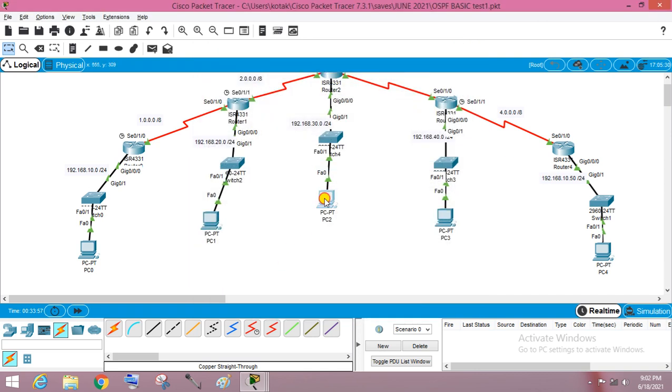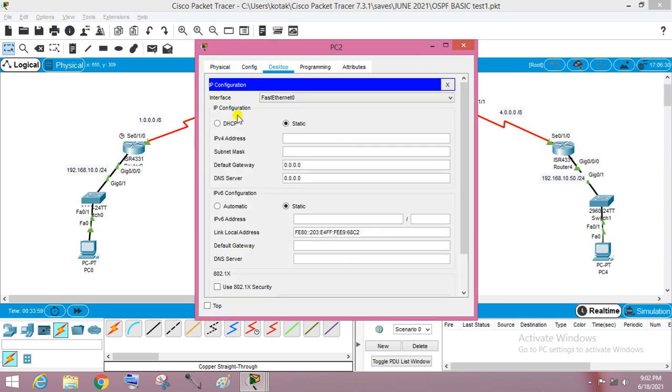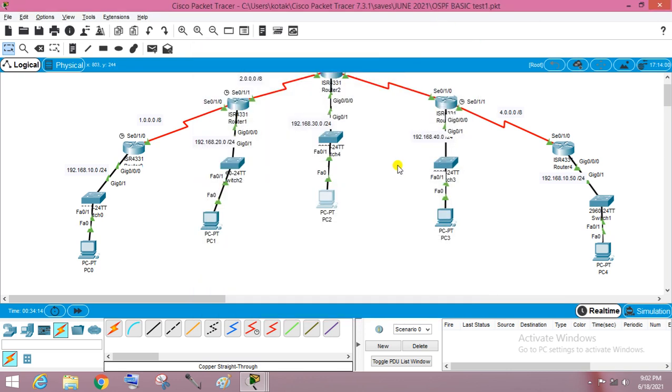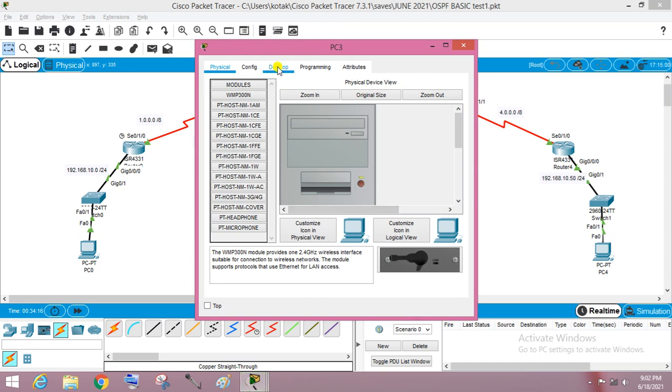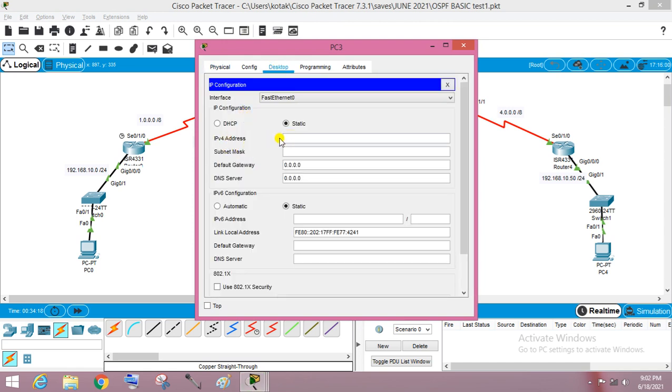For this PC, 192.168.30.3, and here gateway 192.168.30.1. Same thing, just assign the IP address on each PC.